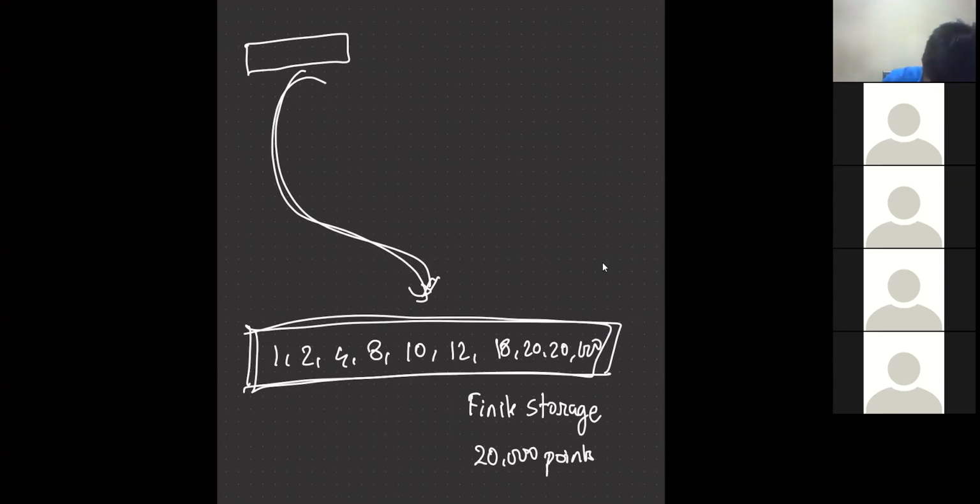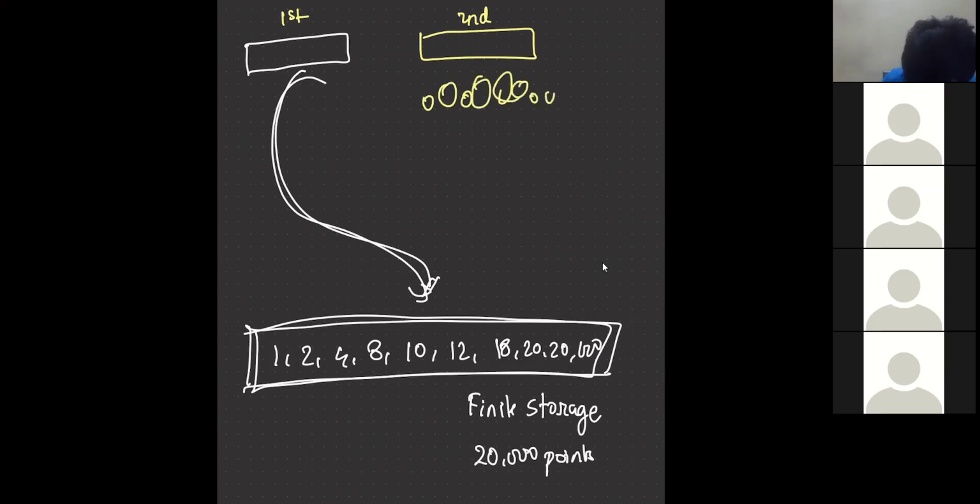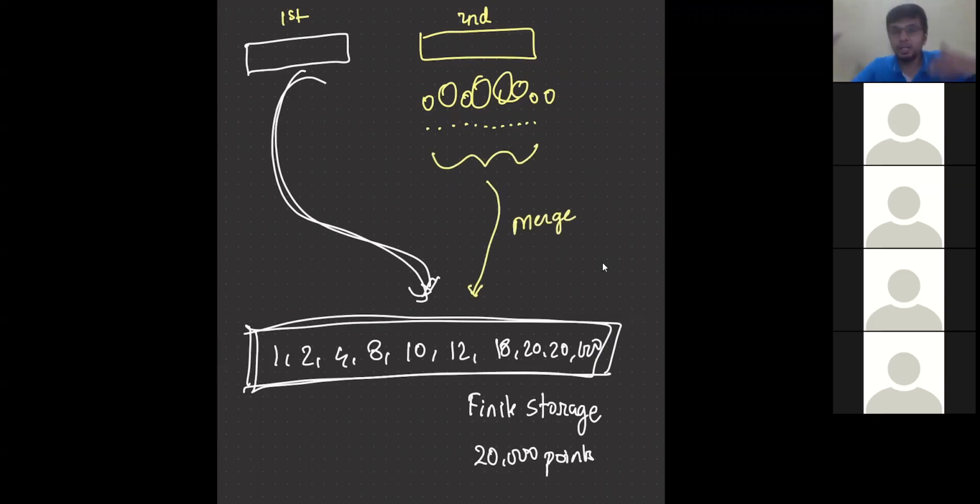Now let's say you got a second batch. Let's say this was the first batch, this was the second batch. When the second batch came in, it also computed the clusters, and let's say it got 50 more centroids. Now the problem is you would want to merge these centroids into this space. You cannot just simply add the values here, because it might disturb the actual distribution, combining the first and the second batch, versus the distribution that you're seeing in the bottom, through your approximate representation.